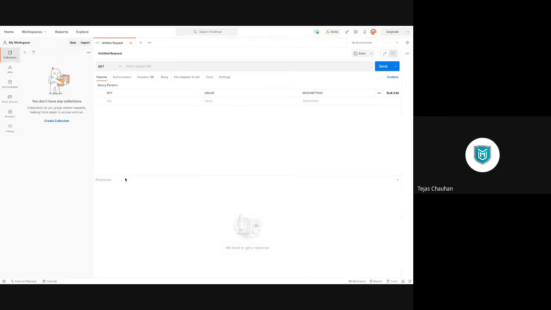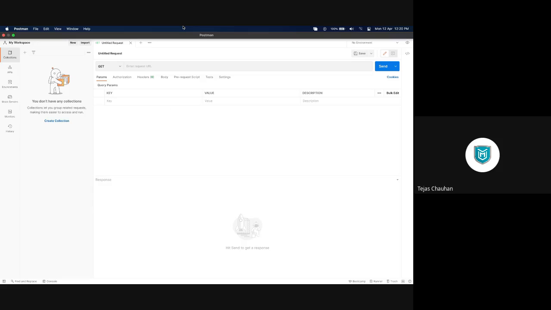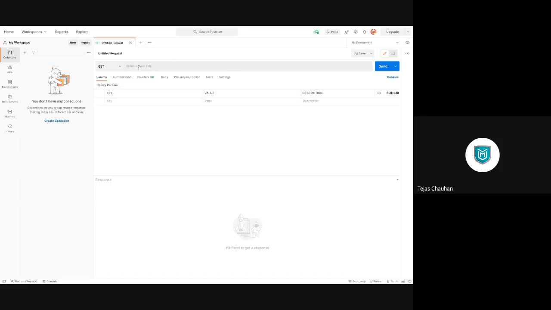Now, one is the Postman tool. Okay, let me show you. This is Postman. Look, Postman you can have as a browser extension in your Chrome browser. You can install the extension, or you can download Postman as a standalone desktop application, where you can have your entire URL and select which request you want to make on that URL.